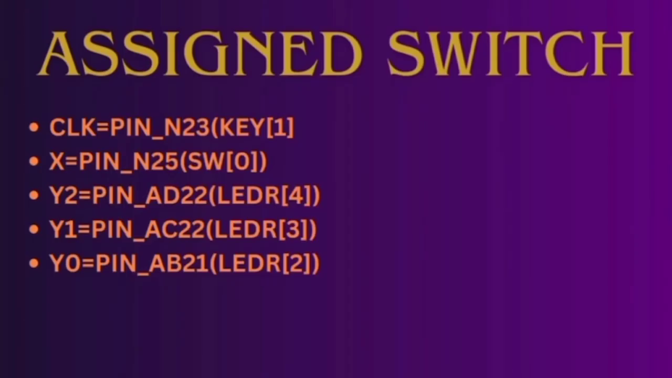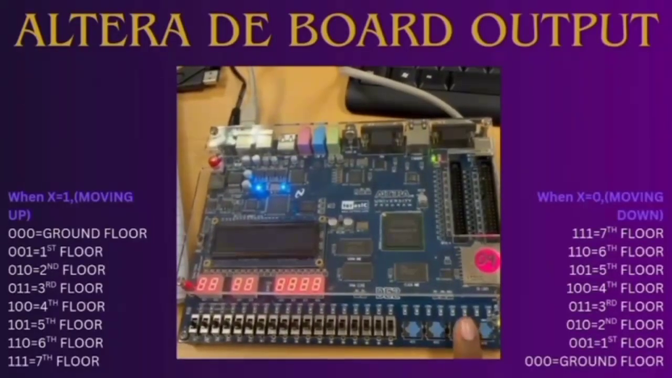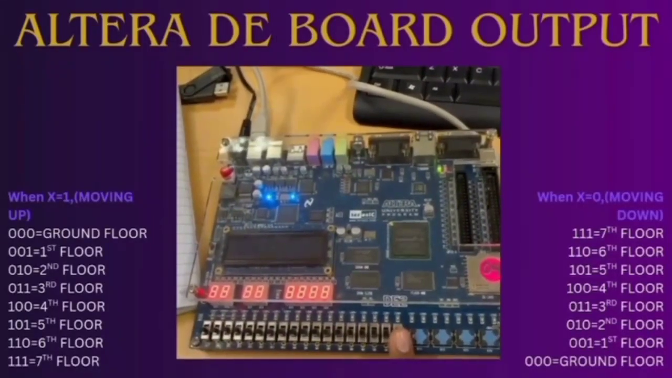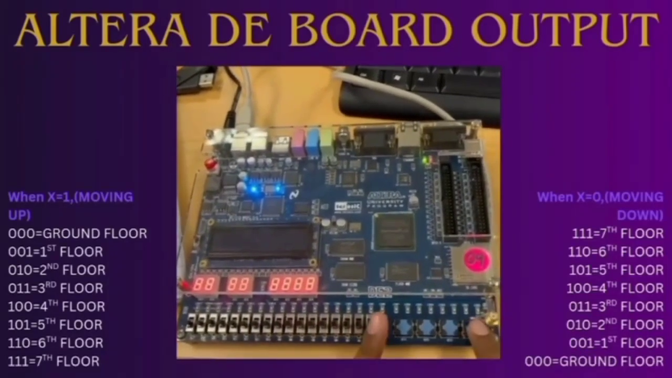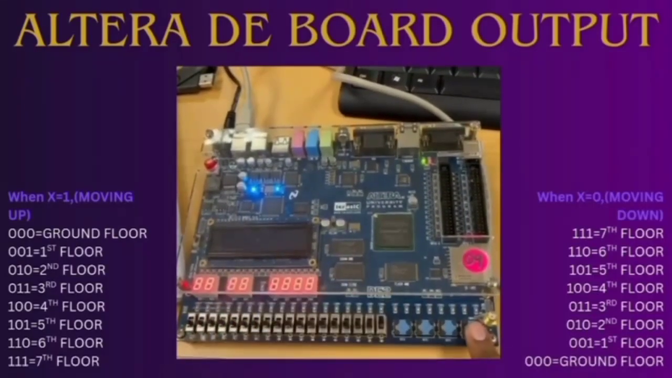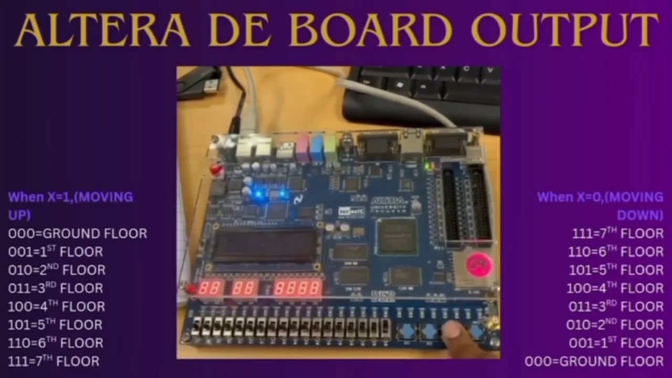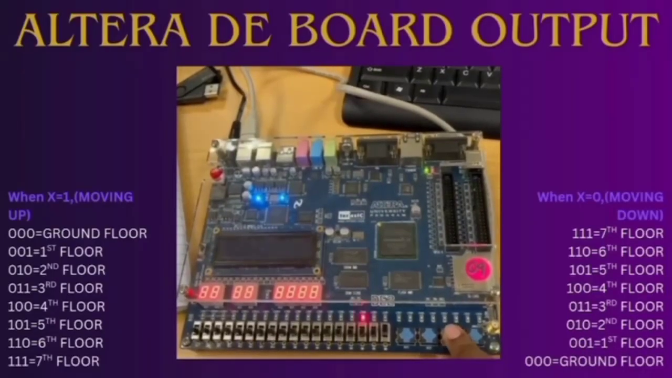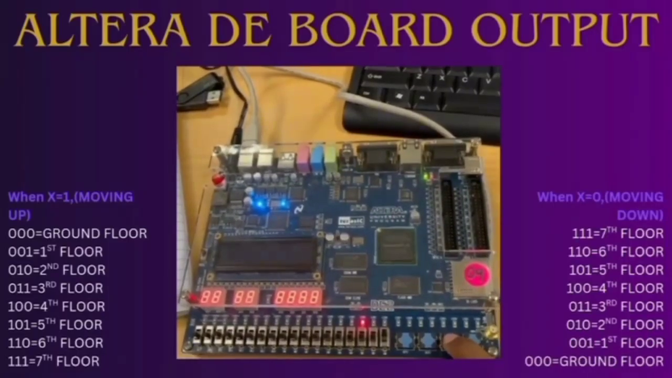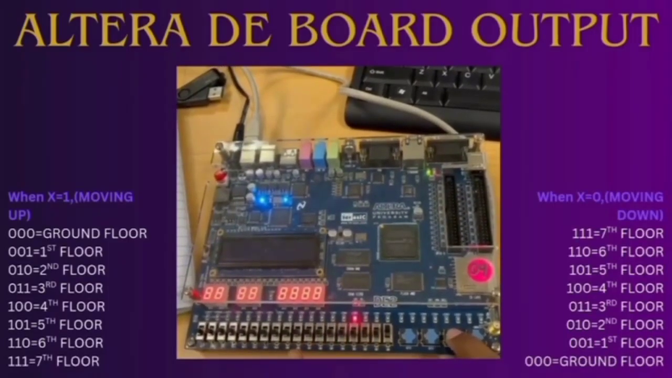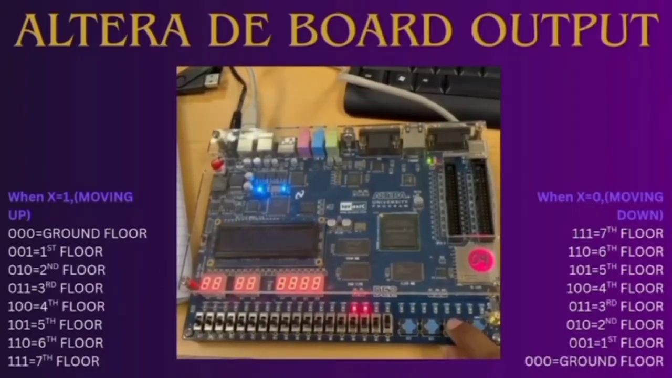Clock is KEY1, X is SW0, Y2 is LED R4, Y1 is LED R3, and Y0 equals LED R2. This is our output. So this is the key we used for clock input, and Q2, Q1, and Q0. So when the input equals 1, 000 goes to 001. Then 001 goes to 010, then 011,